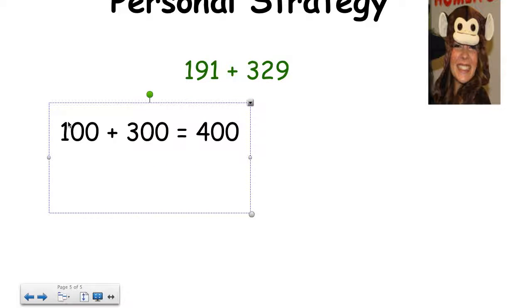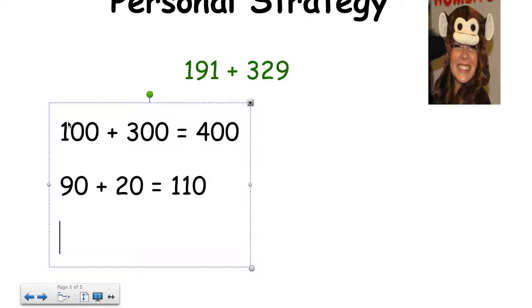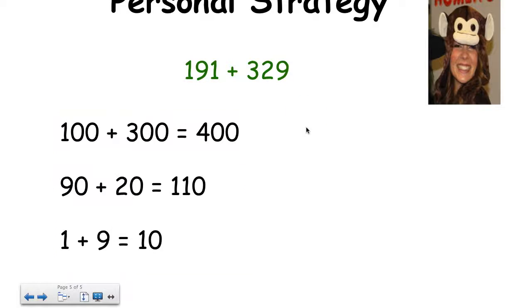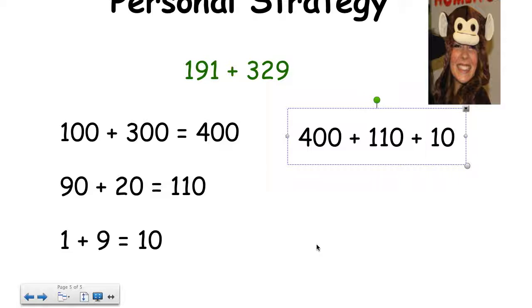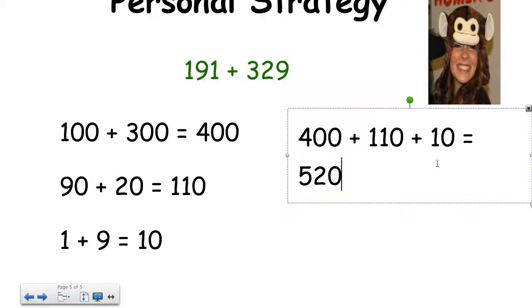Then I'll move to the tens and say 90 plus 20 equals 110. Now I'll move to the ones and say that 1 plus 9 equals 10. Now if I want to add these together, I would add my answers together, I should say. I would have 400 plus 110 plus 10 gives me 520. And I got that because I could break it down even simpler by saying 400 plus 100